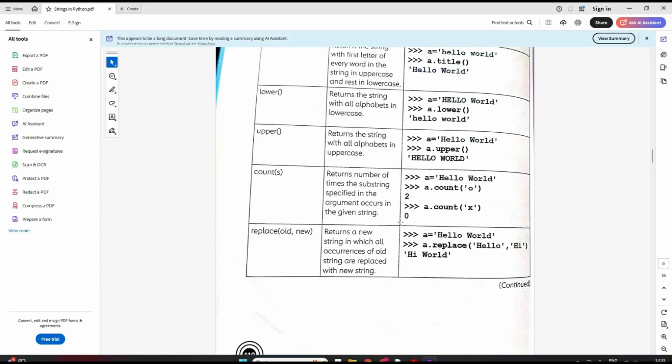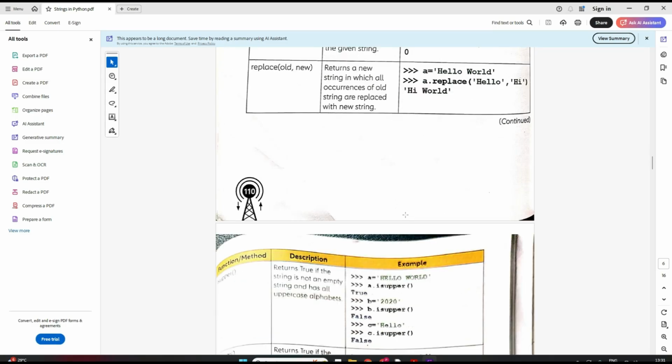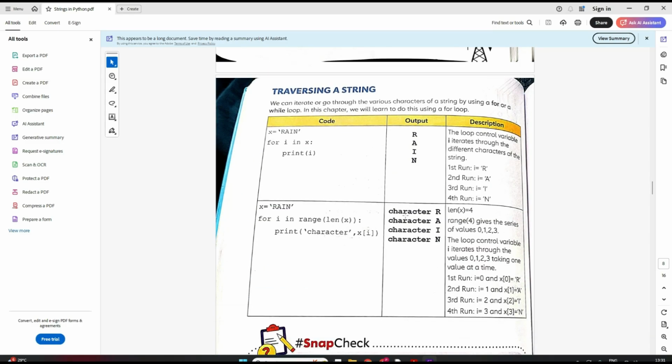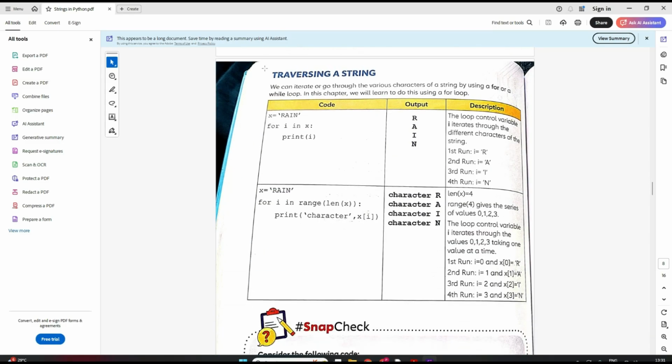Okay, now I hope these built-in functions were clear. Now let's move forward. Now we come to traversing a string. How do we traverse each character of the string one by one? See, if I want to fetch I, I can easily do this right here. I know the index.